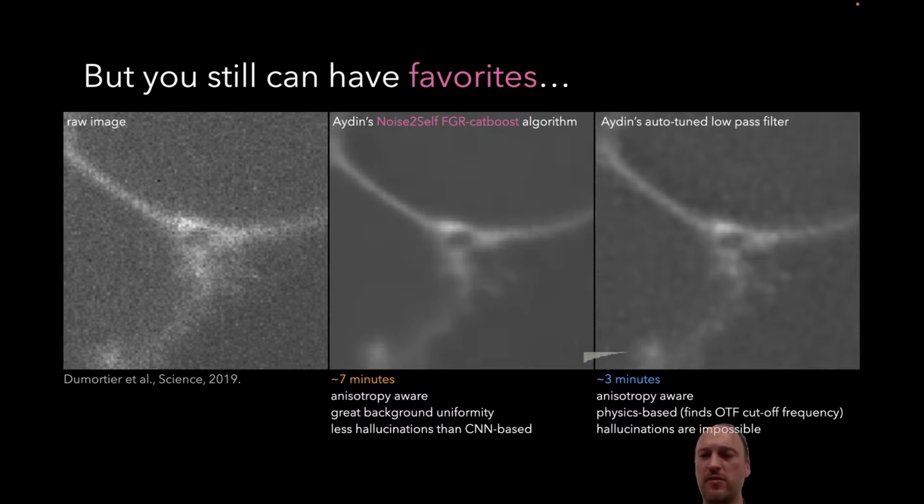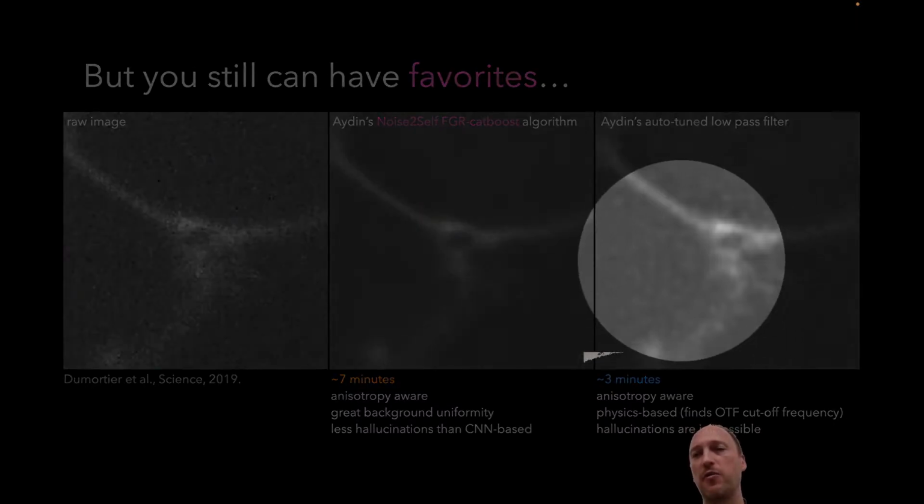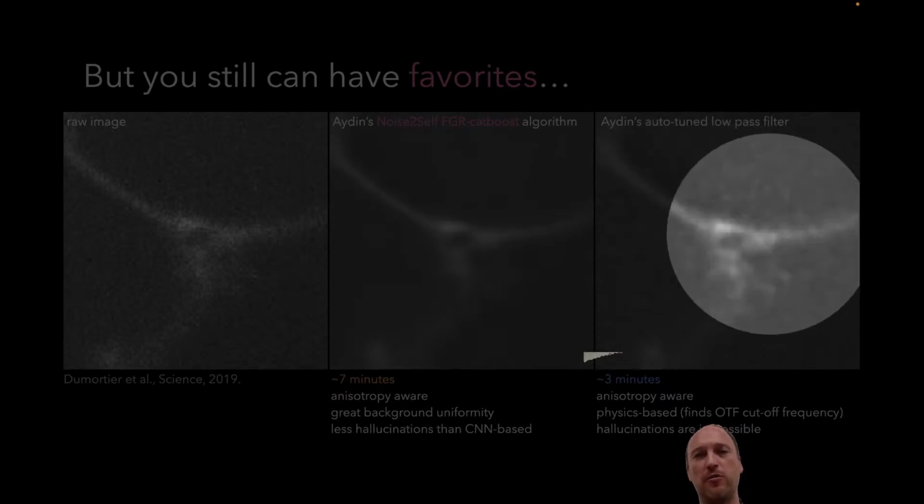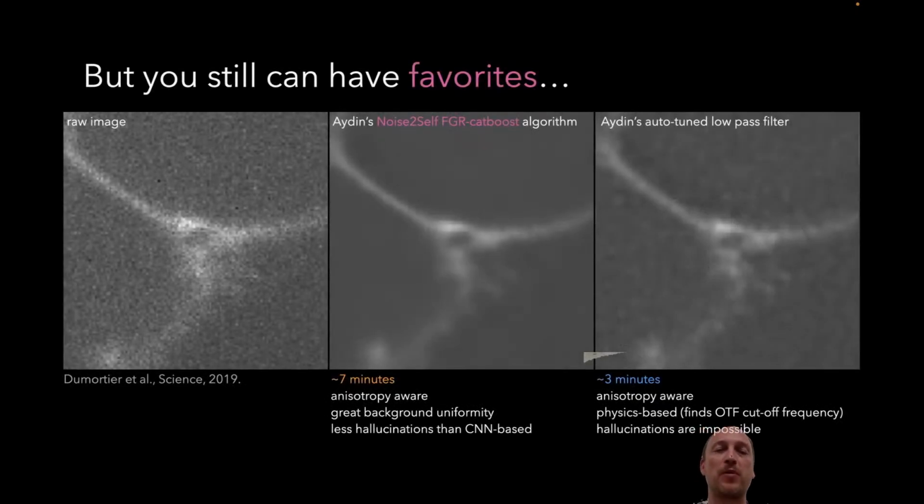But it does have issues with sometimes a little bit of over-blurring, and also has issues with background. It cannot really suppress uniform background regions properly. Our next algorithm in Aydin that we really like and that we often use when we show demonstrative videos is this